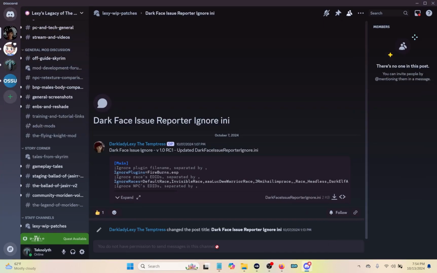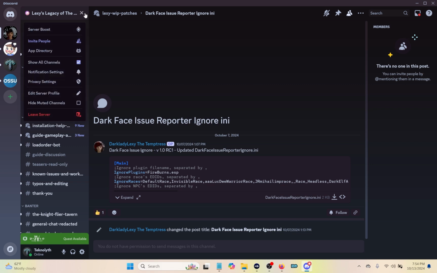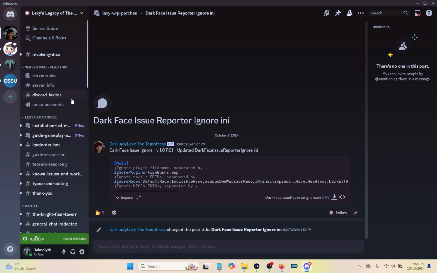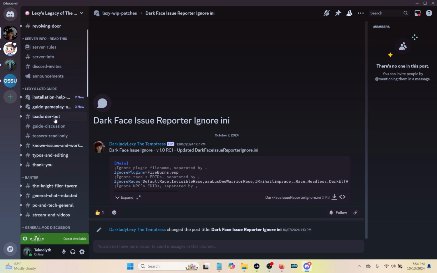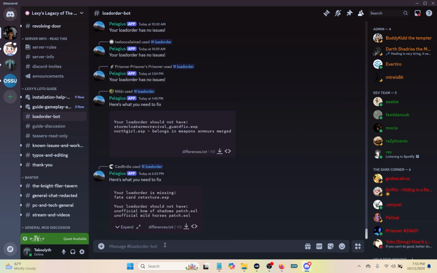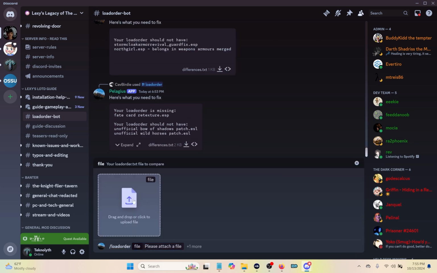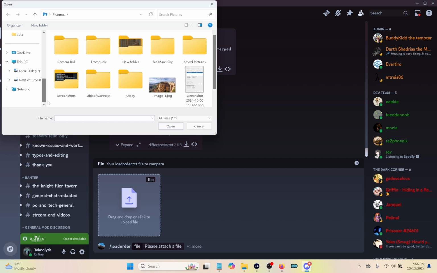Then I'm going to go to the Discord. Okay. So if you don't see it, you can click the down arrows, show all channels, and that will show you all the channels. And right here under Lexy's LOTD guide, you have the load order bot. Type in /load order. And then we're going to go seek